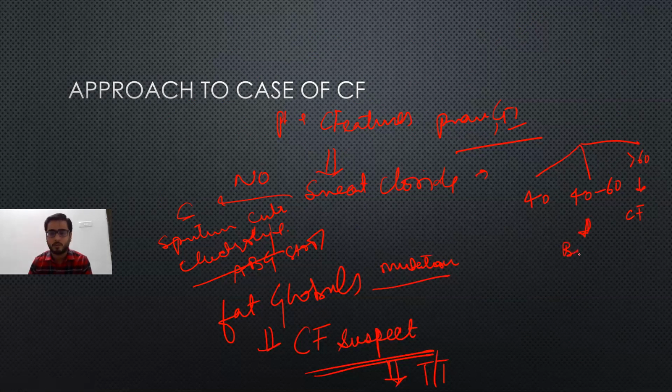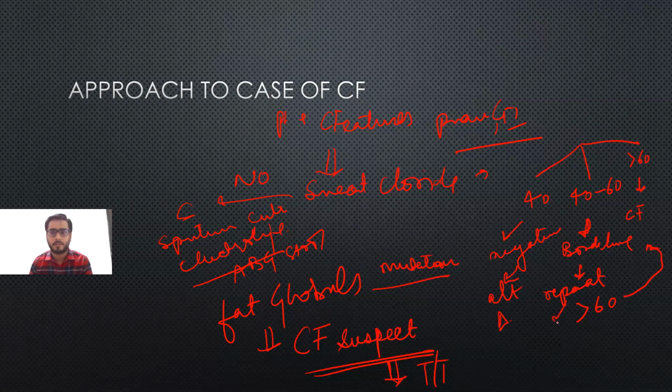Remember, two sweat chloride tests should be done at least 2 weeks apart, on two different occasions. So it is borderline, and if it is negative, you have to think of an alternative diagnosis in such cases. So there are fewer chances of cystic fibrosis. If it is borderline, you repeat it. If it comes as more than 60, this is again cystic fibrosis, you can start treating it. If it is borderline again, coming between 40 to 60, next you can do nasal potential difference measurements.